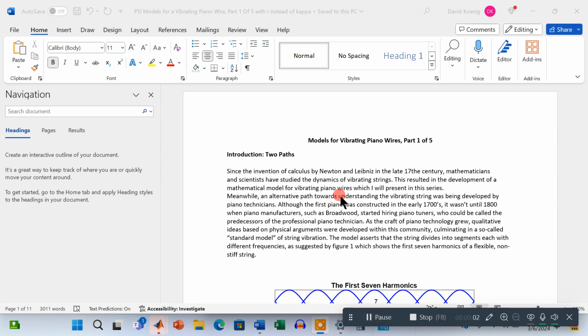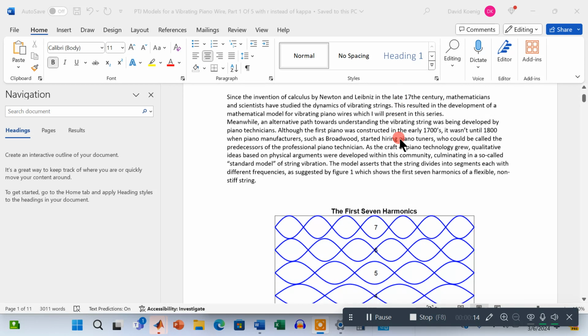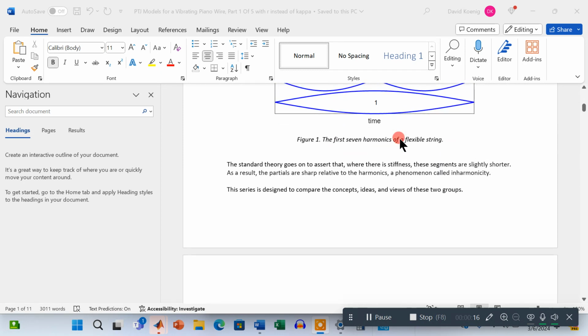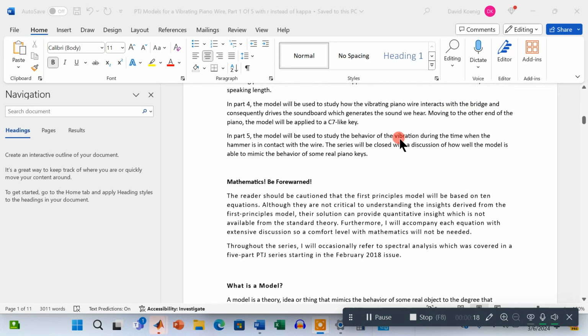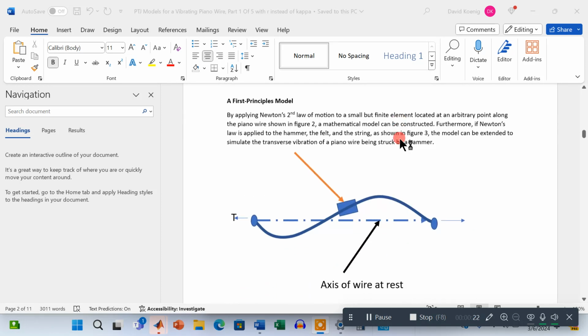Okay, this is part one of the PTJ series, models for vibrating piano wires. And we're going to go through and read each equation. Okay, the first equation is going to be